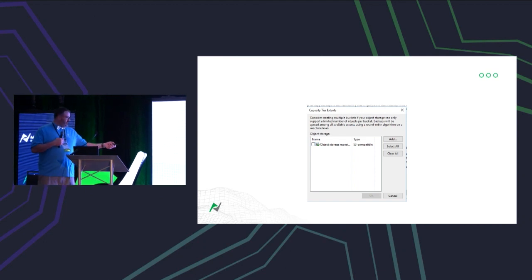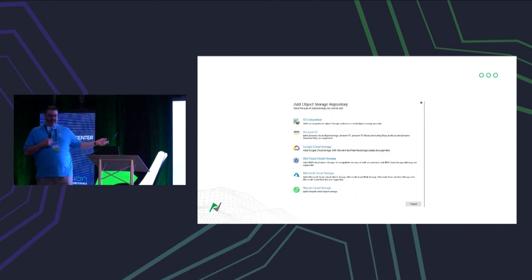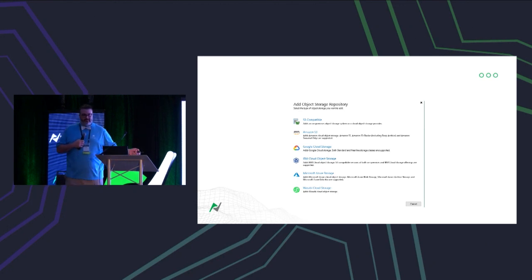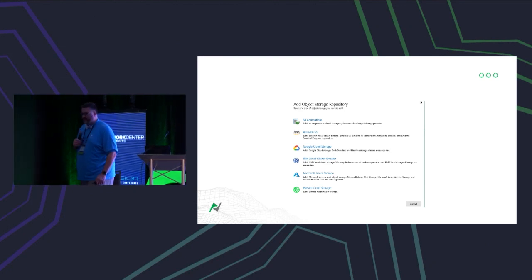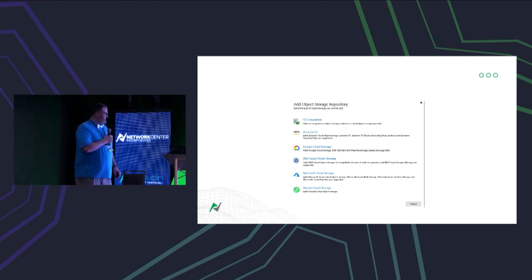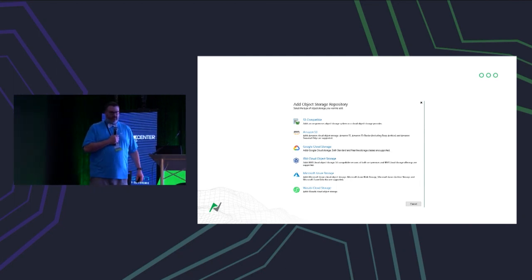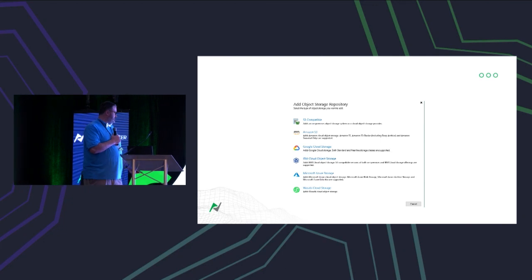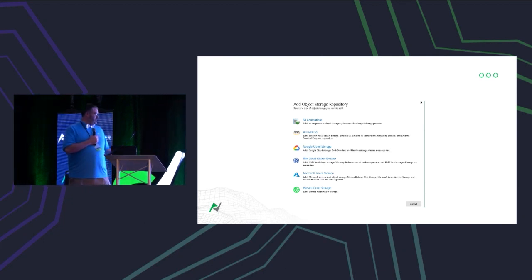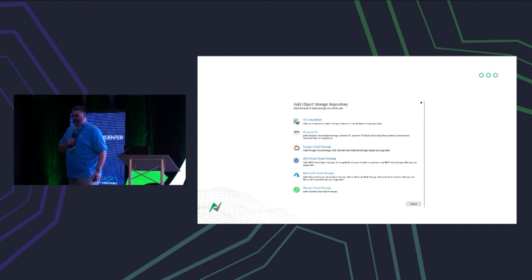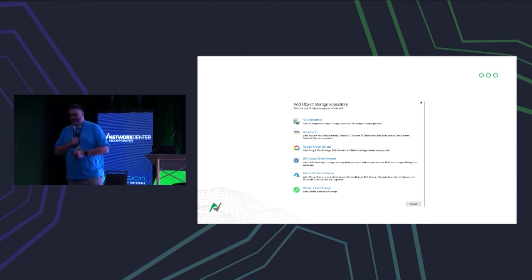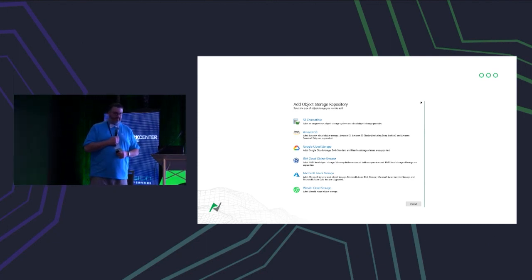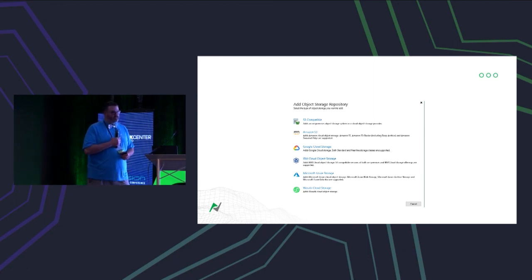So this is where I had the Amazon before. So I'm going to add another S3, right? As you can see here, there's quite a few. However, not all these support immutability. Okay, so in this case, the ones that do are Amazon, now Azure, and Wasabi. Now there's ways to do it with regular S3. I mean, if you're really nerdy,